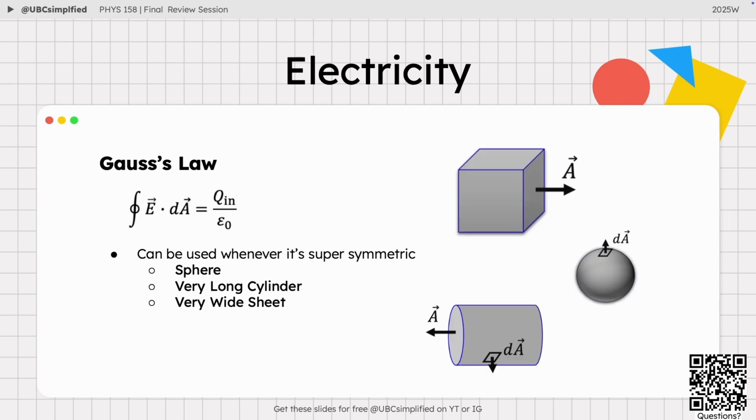Next, we'll do a quick overview of Gauss's law. Gauss's law is super useful in solving electrostatic problems with electric fields. The formula is true always, but finding the surface integral of really hard shapes is totally beyond the scope of this class. So you'll only ever look at 3 shapes: a rectangular prism, a sphere, or a cylinder. In the case of the rectangular prism and the cylinder, you're generally only looking at one side of it. So you'll use the prism for a flat sheet,